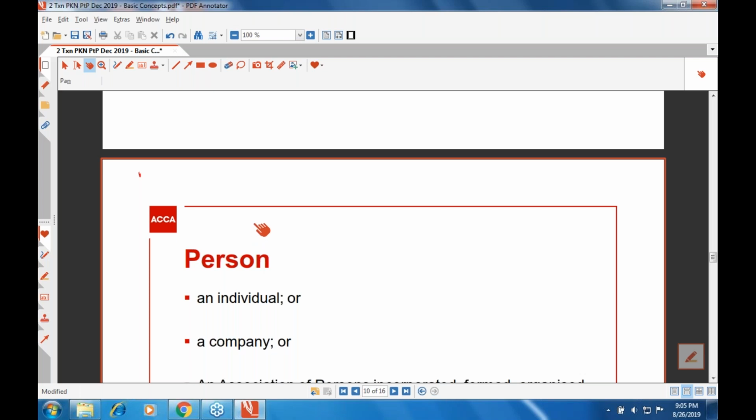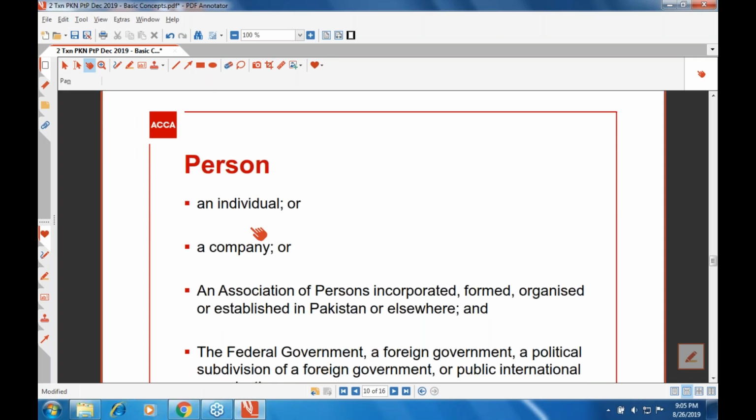Yes, Mohammad Adnan, obviously, when the Finance Act comes and the government asks us for suggestions, we can give proposals to the Finance Act on the changes that could be implemented with respect to FBR. Anyways, let's move a bit forward and start discussing another concept, which is the definition of a person. Because whenever we talk about the tax rules, the important thing is,